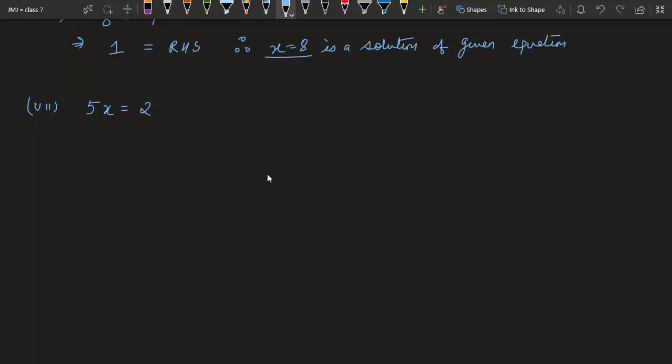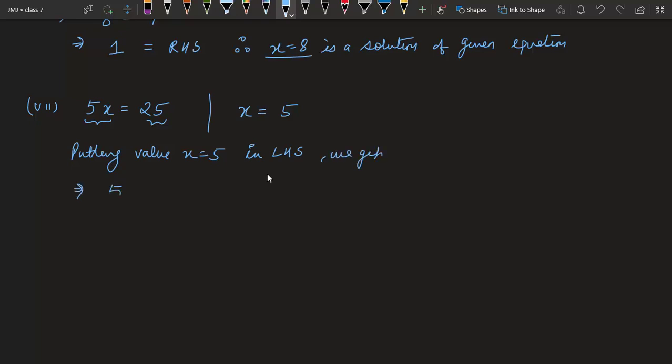5x is equal to 25. Again, this is our left hand side, this is our right hand side, and this time they want us to check on x is equal to 5. Let's start. Same thing, putting value x is equal to 5 in the left hand side, we get,